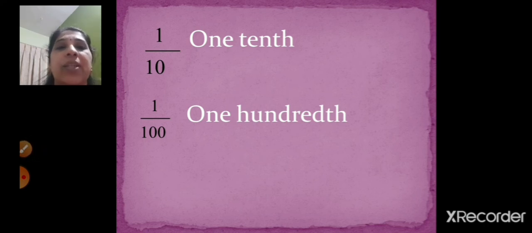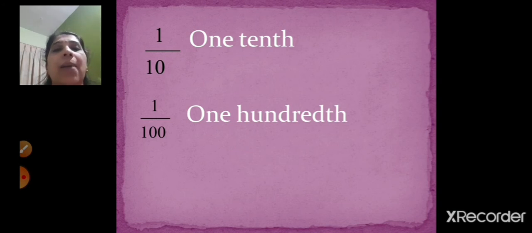Now we are going to see the place names, right? Now you all know, children, when we were writing the place names for the normal numbers, the whole numbers, we used to start from units, tens, 100, 1000 and so on, right? Now here, in the decimal form, how will you write? It will be tenth, hundredth, thousandth and so on. There will be no units place, right? It will directly start from the tenth.